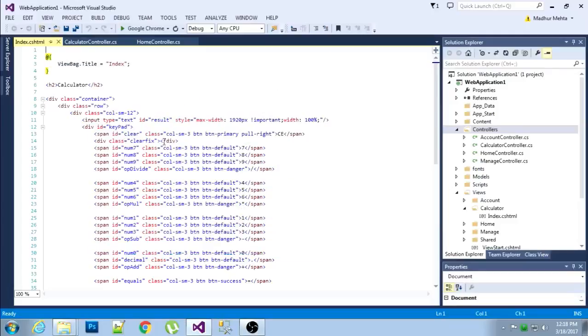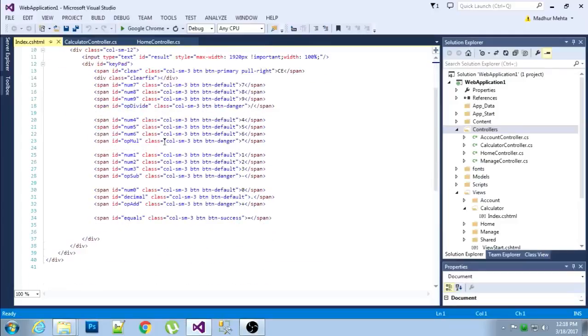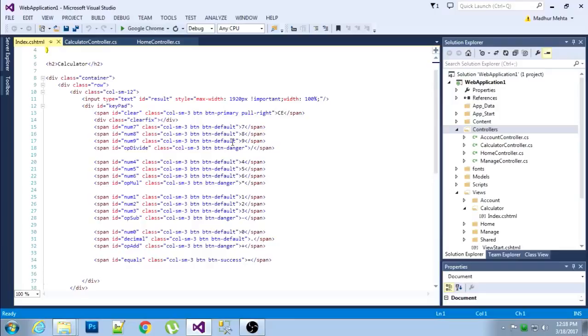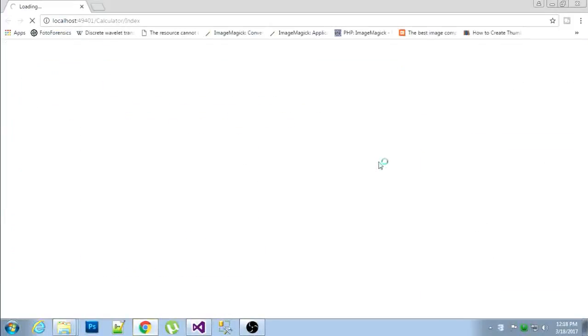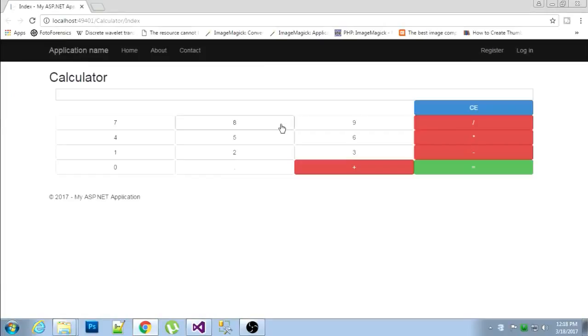Hello guys, so this is the second part of the tutorial in which we will learn to make Ajax calls with MVC. What we already did in the previous part is create the UI of the calculator. We are making a calculator in which, when you press a button, all the calculations are done through Ajax calls, and basically what we have done till now is create this UI